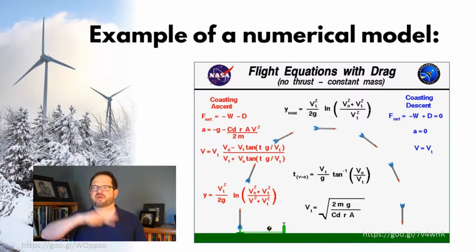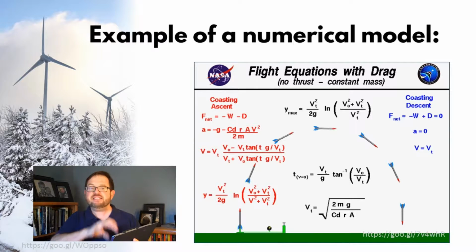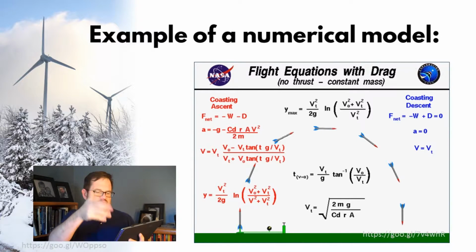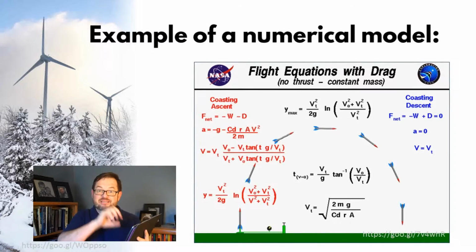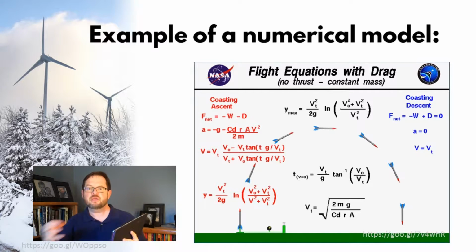We aren't just saying, oh, the path will be a parabola and then drawing a parabola. That would be a type of mathematical model too. But a numerical model is explicitly using gravity and drag coefficients and things like the Coriolis parameter to explicitly compute at every step along the way what are the forces at work on this object.